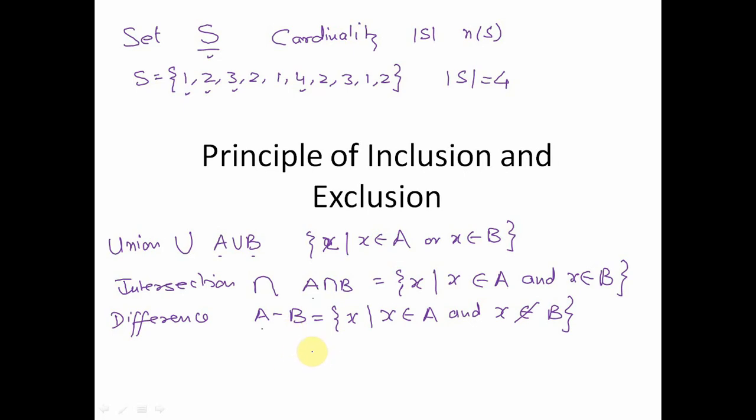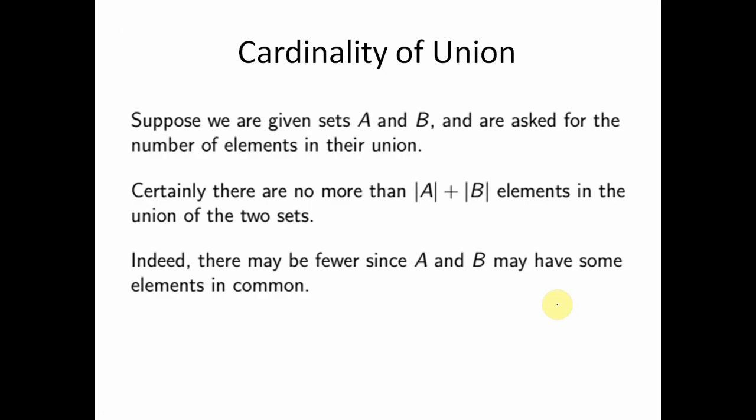Another basic idea that will be used over here is for understanding the principle of inclusion and exclusion, and in order to solve the questions in an easy way, we use the concept of Venn diagrams. Right? You remember Venn diagrams were used to represent the set operations. They are used to understand the set operations in an easy manner, in a graphical manner. In Venn diagrams, we normally represent the sets by circles. Right? So let's now jump into the principle of inclusion and exclusion.